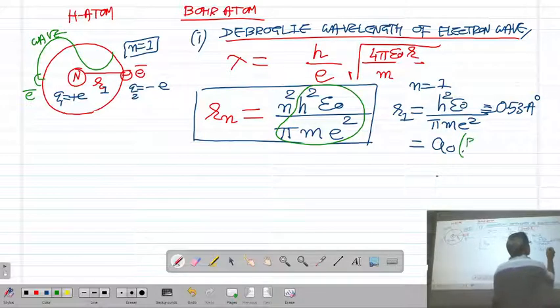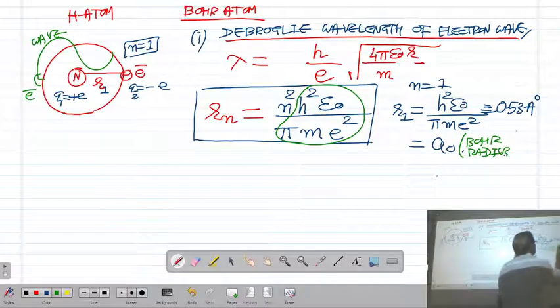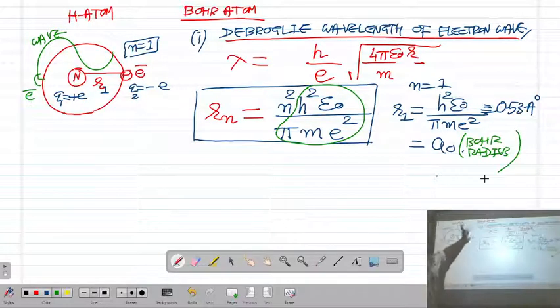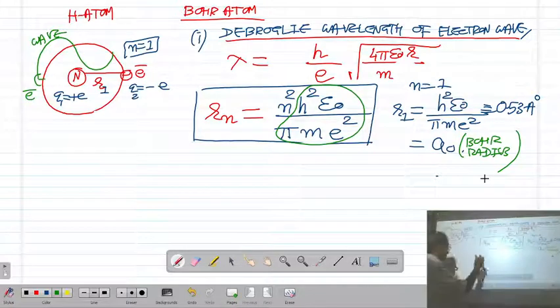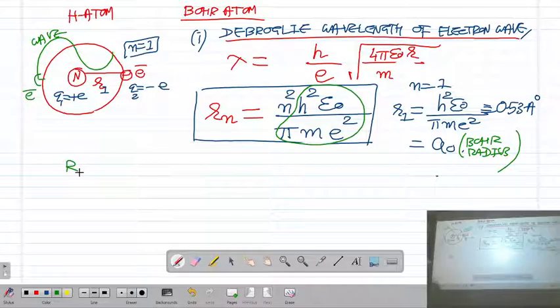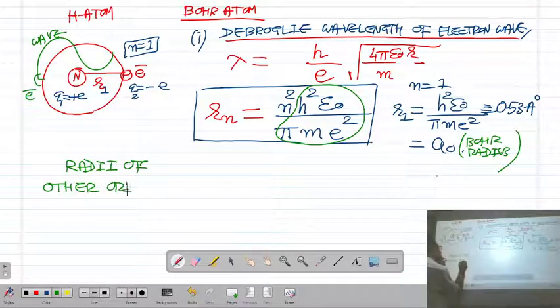So the radius of the other orbits, n is equal to 2, n is equal to 3, n is equal to 4, n is equal to 5, and so on, is given by, okay, I write the last equation, the radii of other orbits are given by